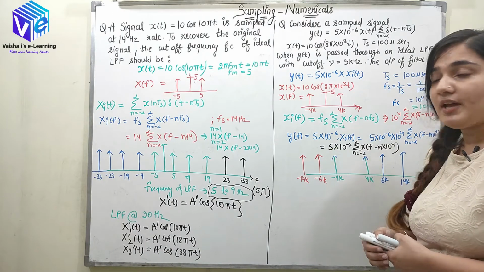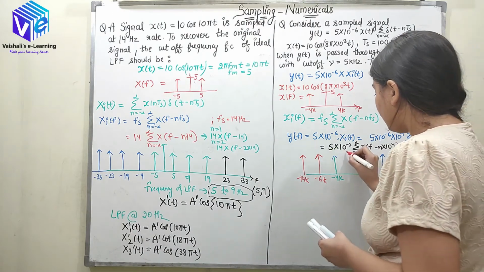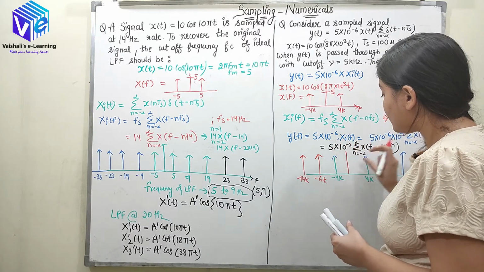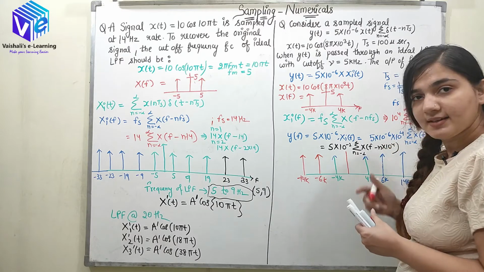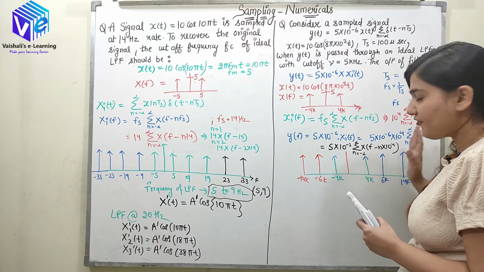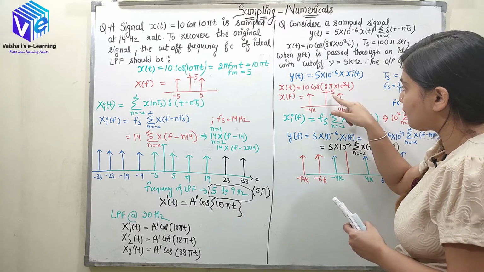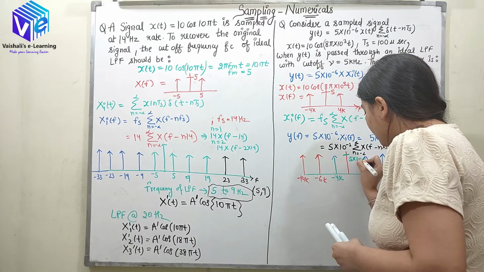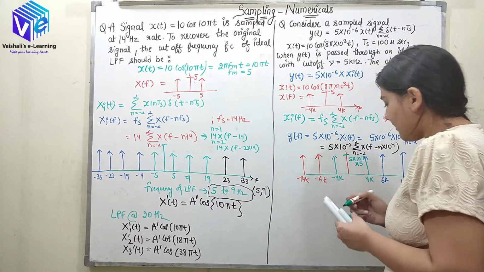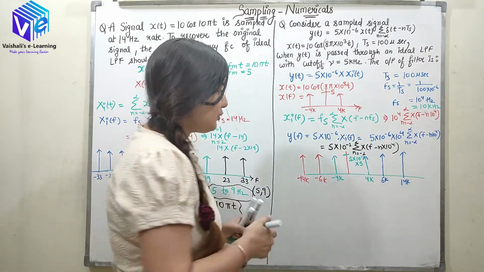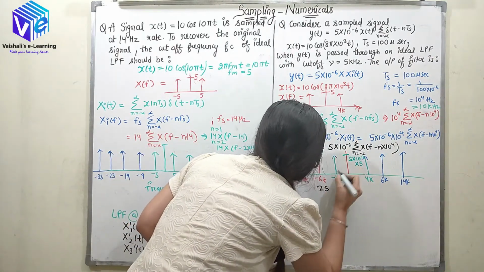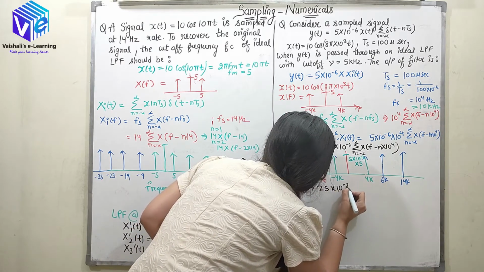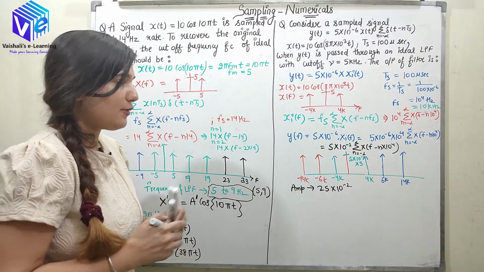Now talking about the amplitude. Here you can see 5 into 10 raised to power minus 2 is multiplied by the amplitude of X. So the shifted X(f) have the amplitude which was 5. So now the amplitude would be 5 into 10 raised to power minus 2 into 5. So here I'll be having amplitude which is 25, so the amplitude is 25 into 10 raised to power minus 2. So now I hope you are clear.